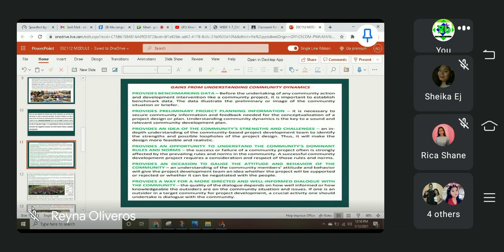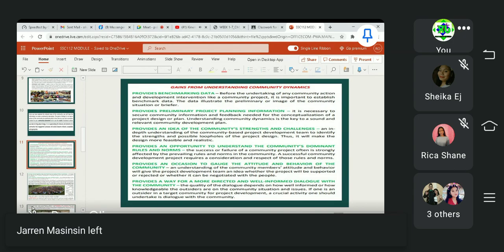Pagkatapos naming mamigay ng mga relief goods, ng mga damit, napansin namin na may ilan sa mga damit na itinapon nila. Hindi pala nila yun gusto, 'di ba? So, naisip namin nung time na yun, right after ng community service namin pag-uwi namin dito sa bayan, na na-miss namin yung information ng dominancy or yung kakayanan ng mga tao. And also, yung gaya nga nung nabanggit ko kanina, yung behavior and attitude ng mga tao dun sa area. 'Di ba? Kaya kumbaga parang